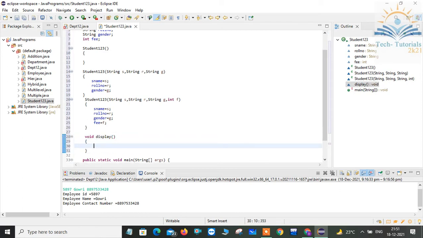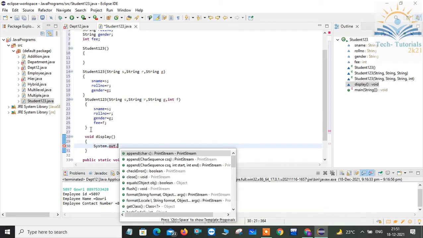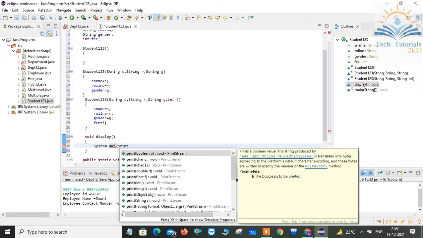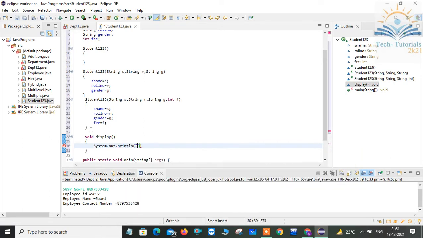Here I'm going to write the statements like system dot out dot println, system dot out dot println. Simply here I'm giving student name is equals to, so I want to take the name of the student by simply s name.